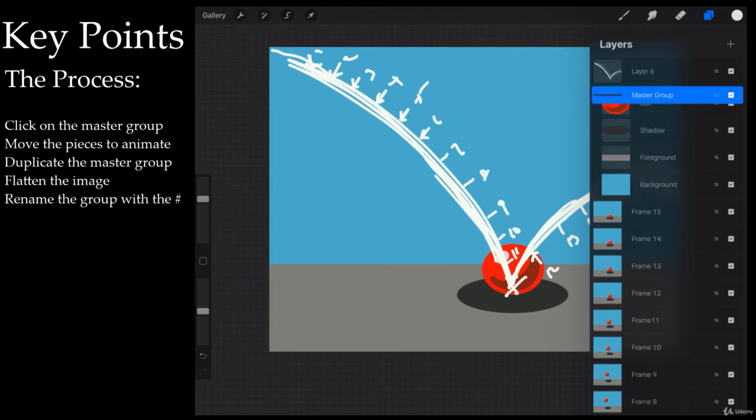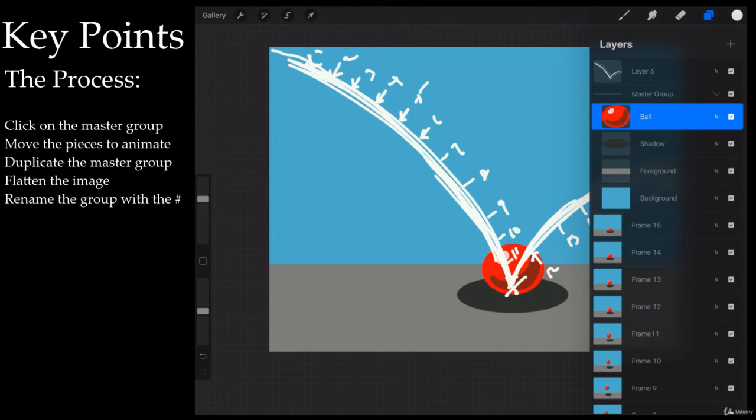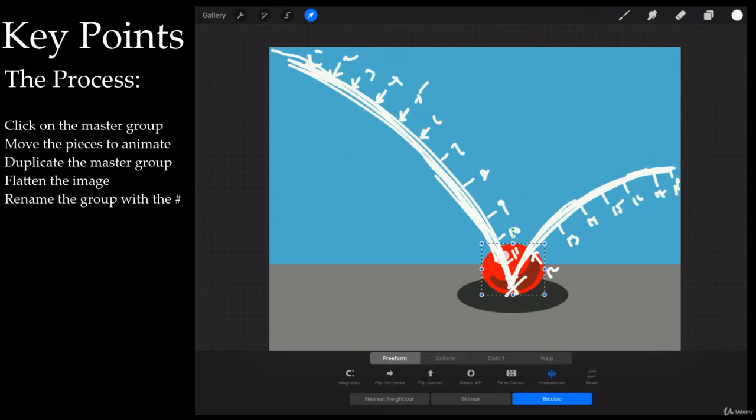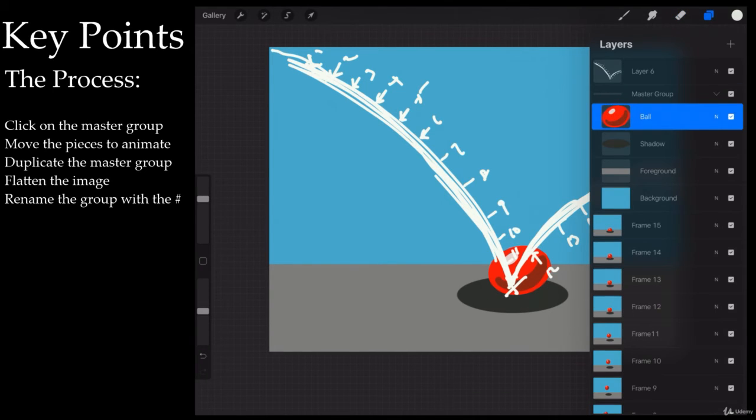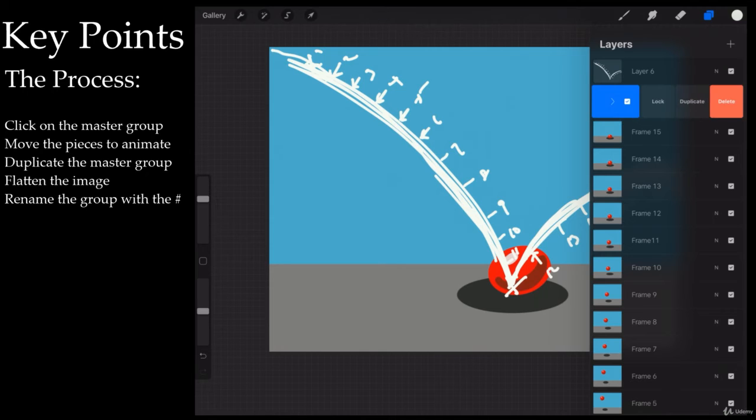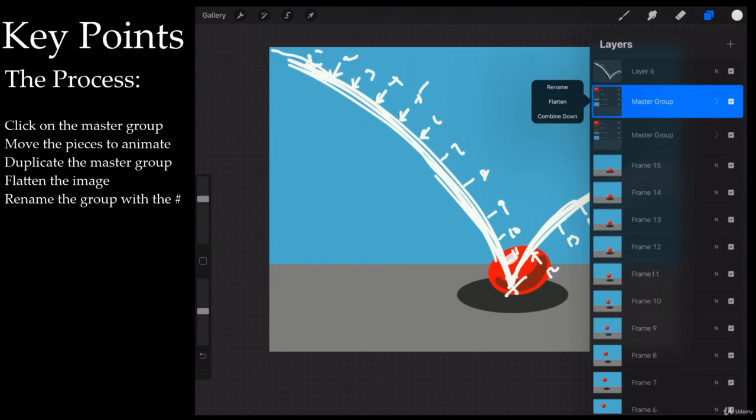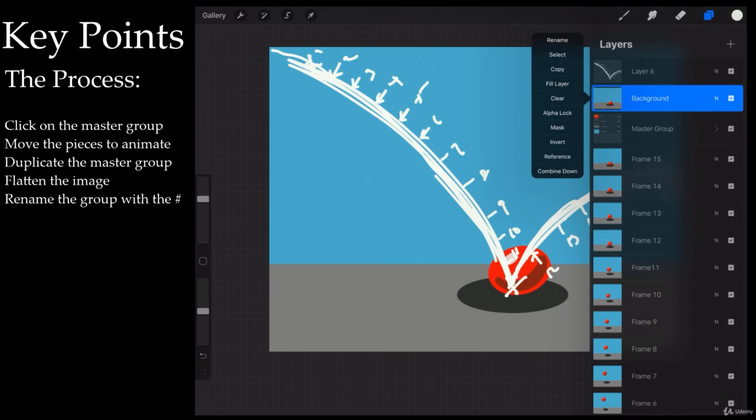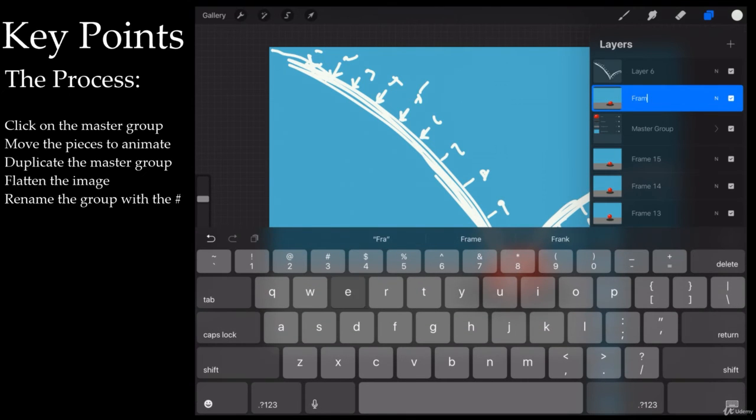Now in the master group, we come down here to the ball. And when we move it now, we're going to shrink it just a little, and we're going to set this motion. You see how I just sheared it? So now it looks like the ball is going to take off in the next direction. This is key to pulling off the illusion. So we duplicate, we flatten, we rename, we call this frame 16,